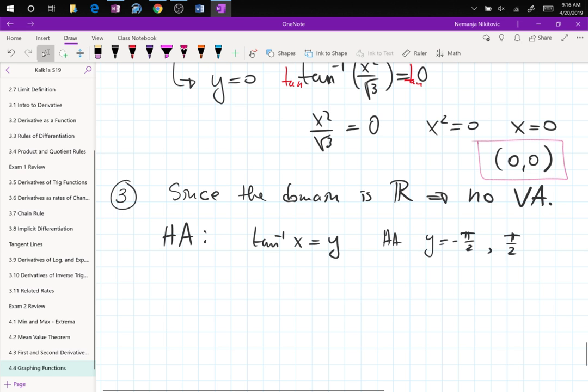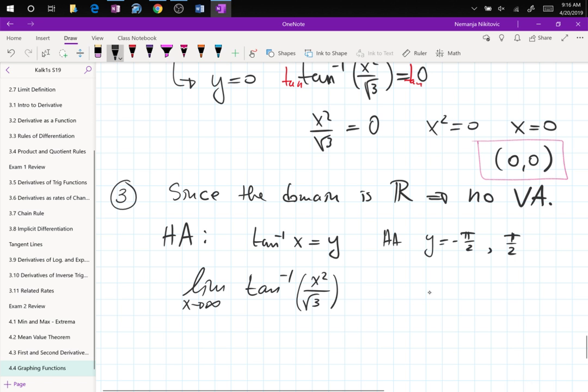So if we use the limit as x goes to infinity and you plug in the tangent inverse of x squared over square root of 3,